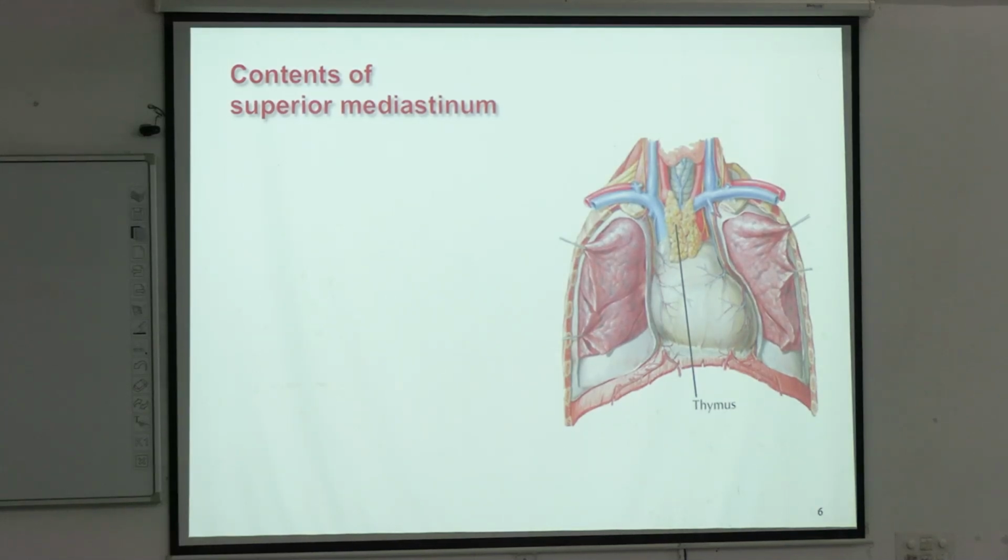Now you can imagine we are going to talk about the superior mediastinum. That means we are talking about something like here and the content above it, not the content lying below. The heart and everything lying below is the inferior mediastinal content, and the thing present above is the point of concern here. If you take these things out, we are going to see one structure present in here,